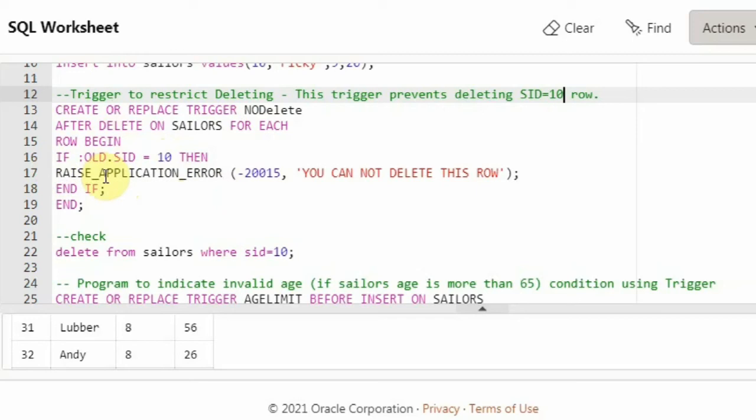What is this raise application error? For example, you are working in a very big company, say Amazon or Flipkart. During transactions, people may get some errors. If you don't have an error number, the description of the error will be so long, two or three lines. Every time you cannot write the whole description to people.